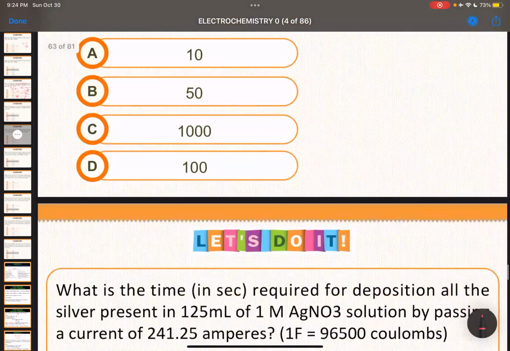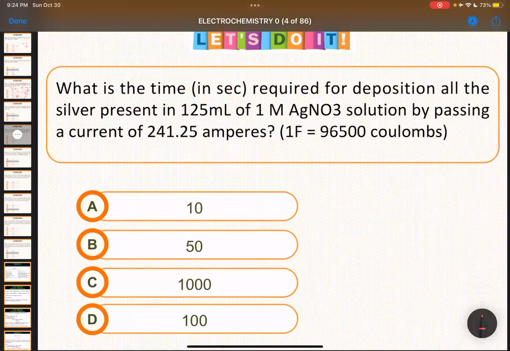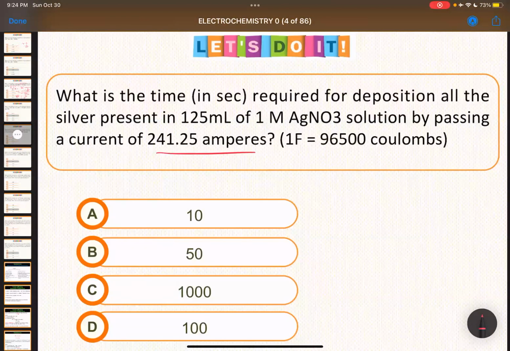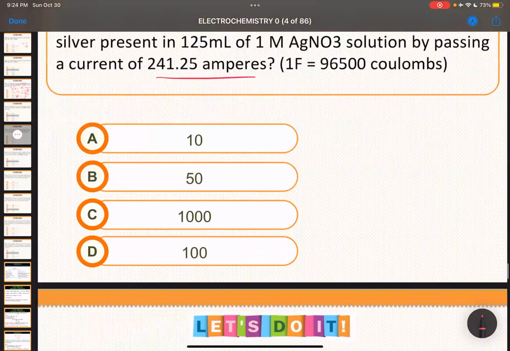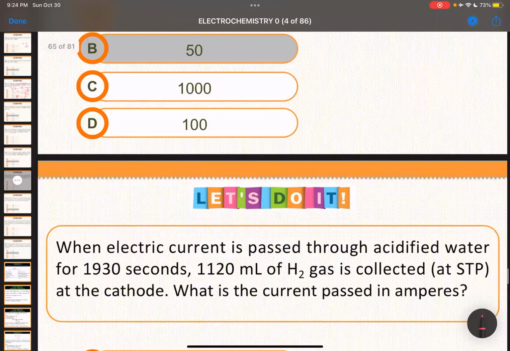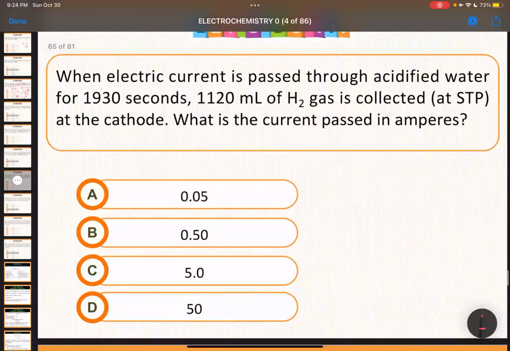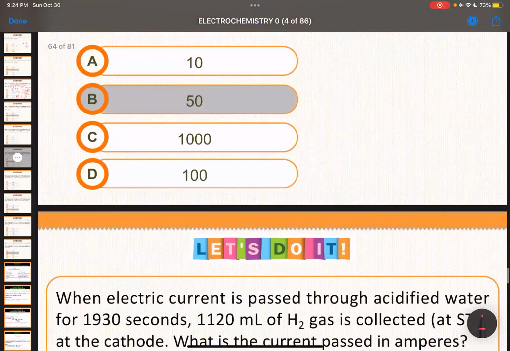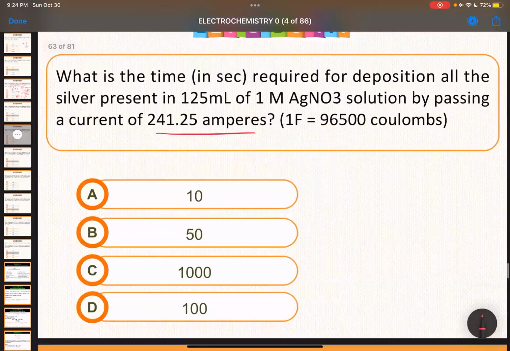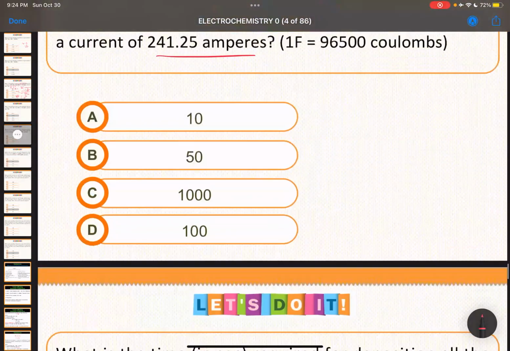Similarly, you can do this also. This is time you need to calculate. Same question, but instead of Q, you will write I into T, current into time. Current is given, time in seconds you can calculate. Same type of question, molarity is given, volume is given. There we did W equals Z into IT. So I hope you can do this, right? And the next one is